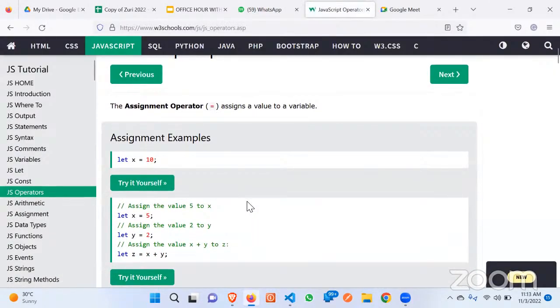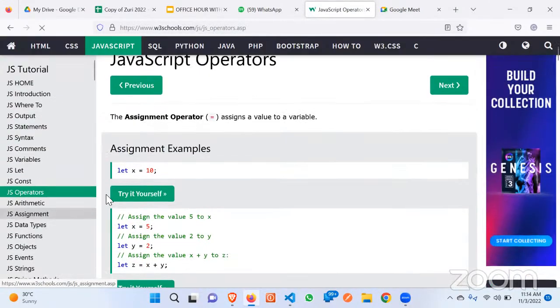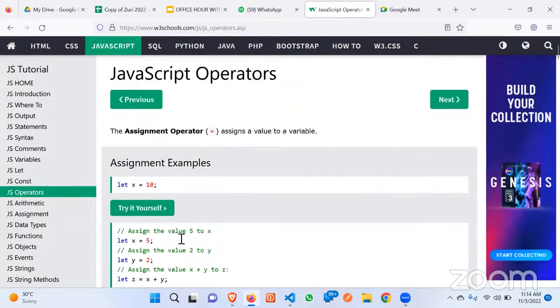So let's talk about, we can follow this W3 to get a lot of things. We talked about let, const and var yesterday. Thank you, everyone. So now we have this assignment